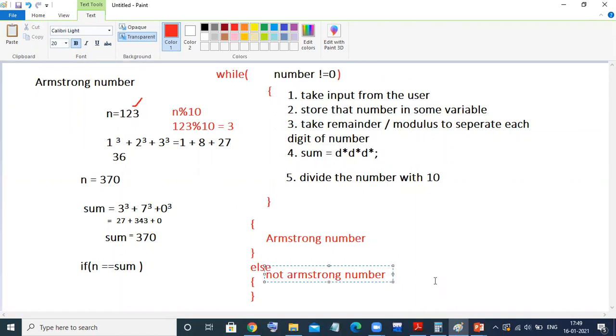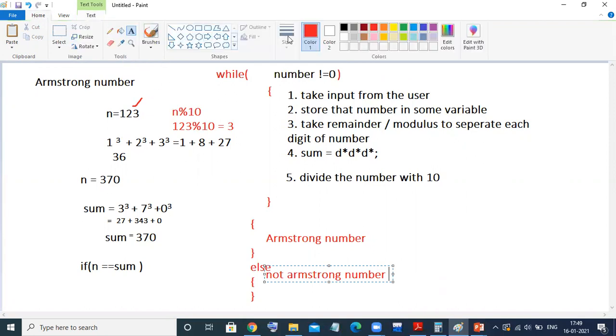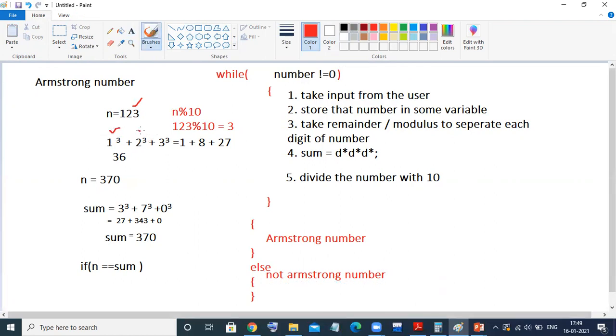Before going for the program, you should understand what exactly is meant by Armstrong number. So I explained what exactly is meant by Armstrong number. Simply you need to separate out the digits entered by the user. After that, we need to calculate each and every digit's cube: 1 cube, 2 cube, 3 cube. After that, we need to add all those numbers. If this number is the same as the entered original number, then that number is called an Armstrong number. Like we have seen in this example, n is equal to 370. So let us move and we'll do the same program practically.